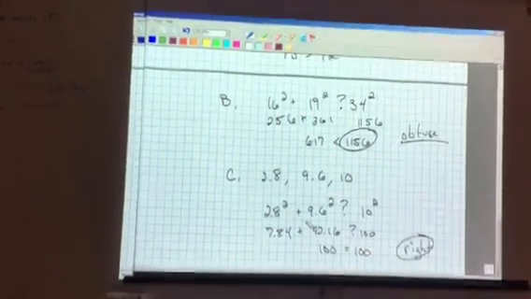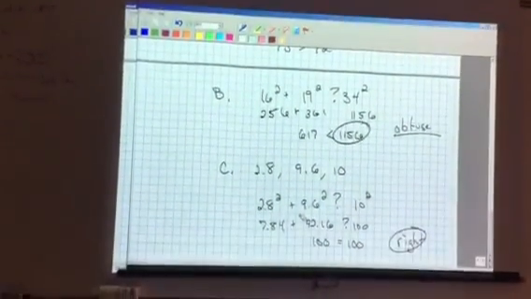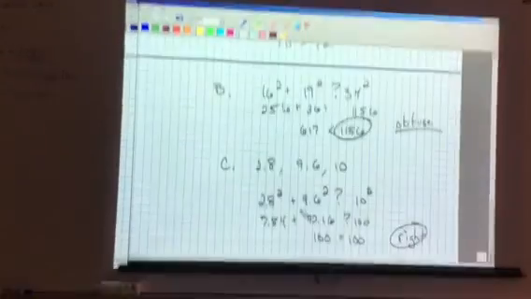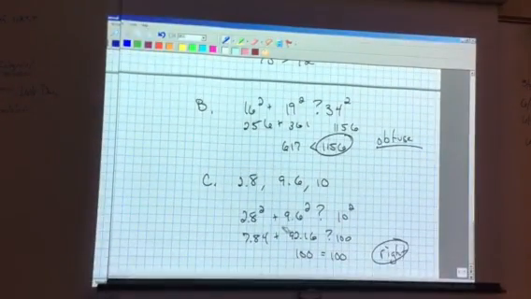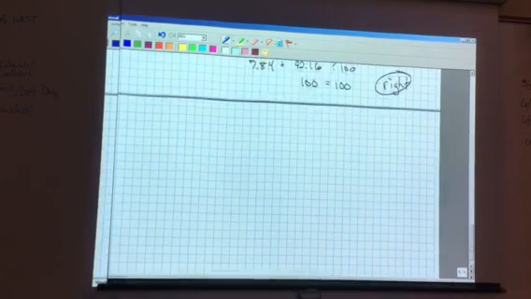Let me see how we're doing here on recording. Looks good, just running out of battery. All right, number 10, it says find x and